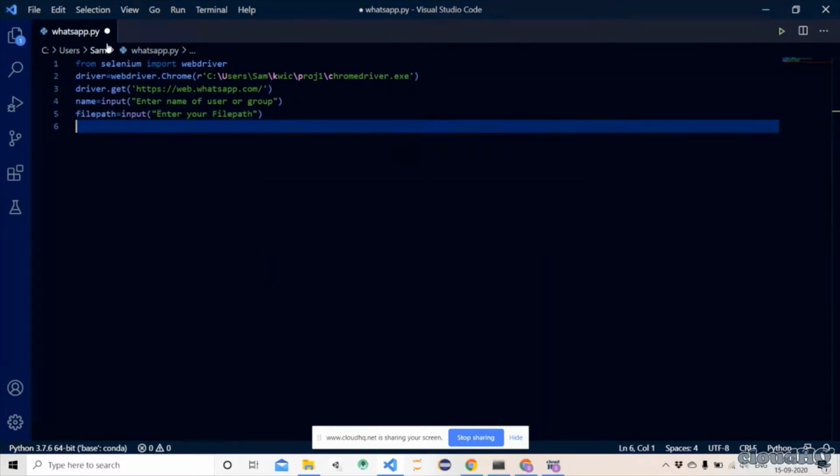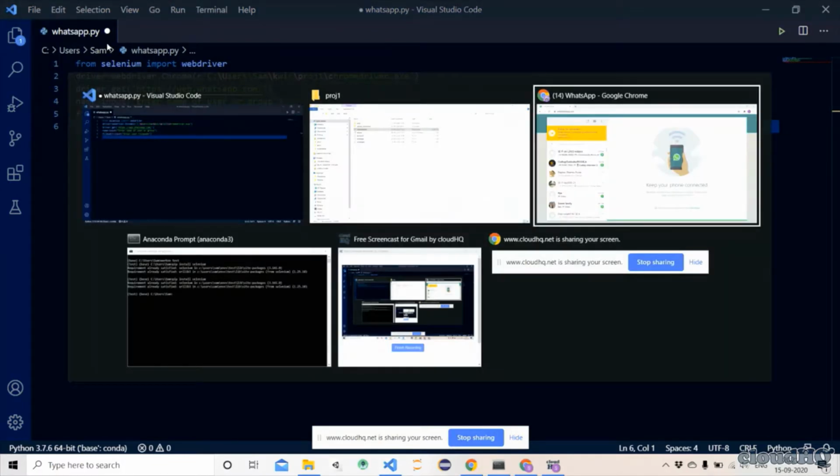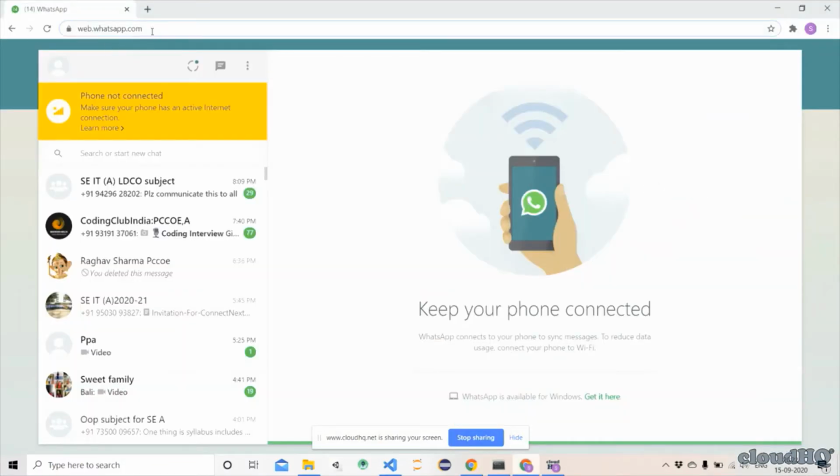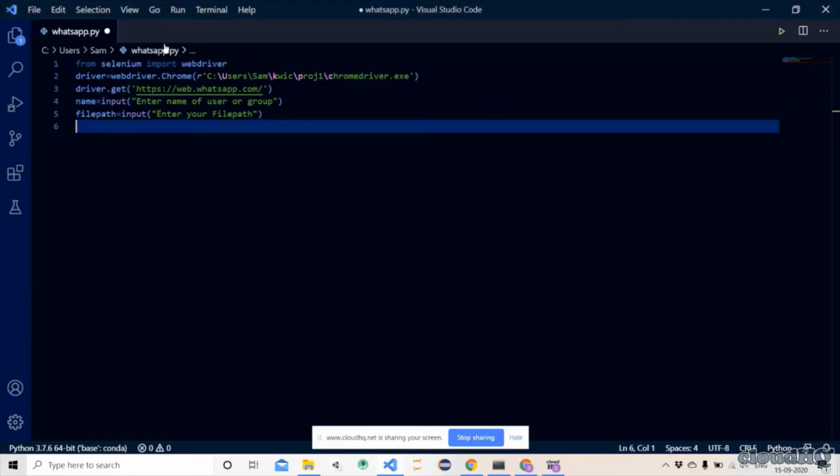Now suppose WhatsApp Web is opened. First you need to scan the QR code, and after scanning the QR code, this window would get opened, your WhatsApp would get opened, and then we can automate WhatsApp Web.